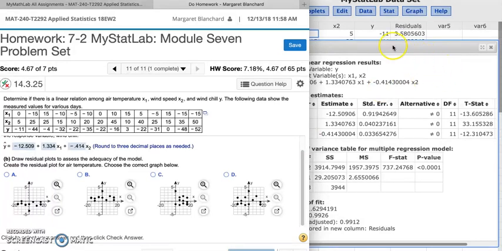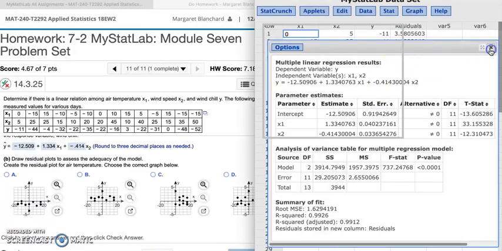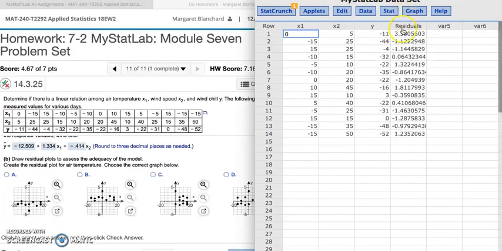So let's go back to our StatCrunch. Here's that residuals column that I was mentioning before. So remember, your residuals are the difference between your predicted value, y hat, and your actual value, y. So it's basically a measure of how far off our predicted value is from what we observed in the data set. So to plot those residuals, we're going to go to Graph,